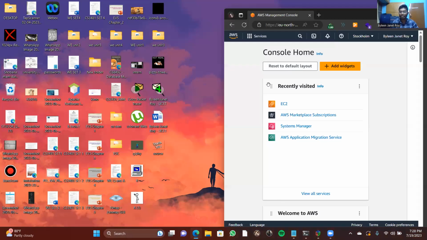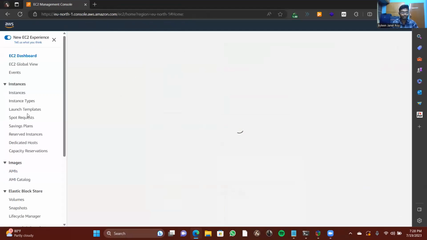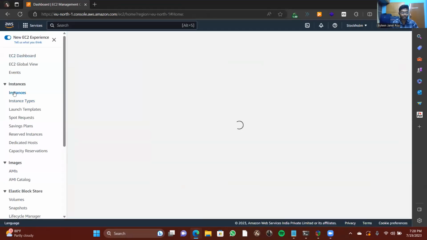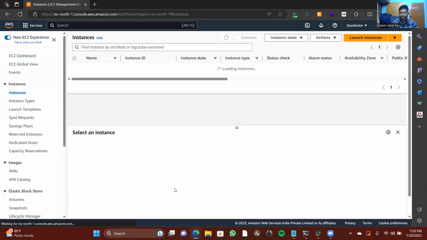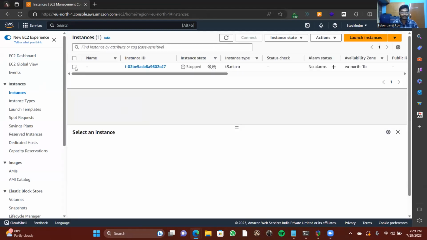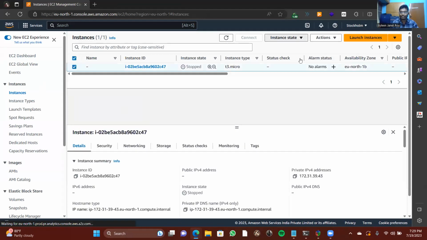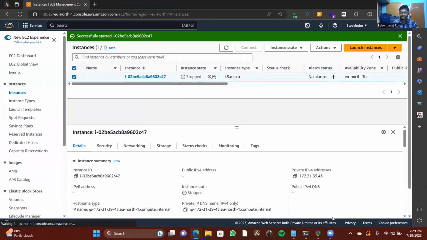First, as a step, I'm activating my Amazon Web Service server. I'm starting my server and waiting for it to get started.